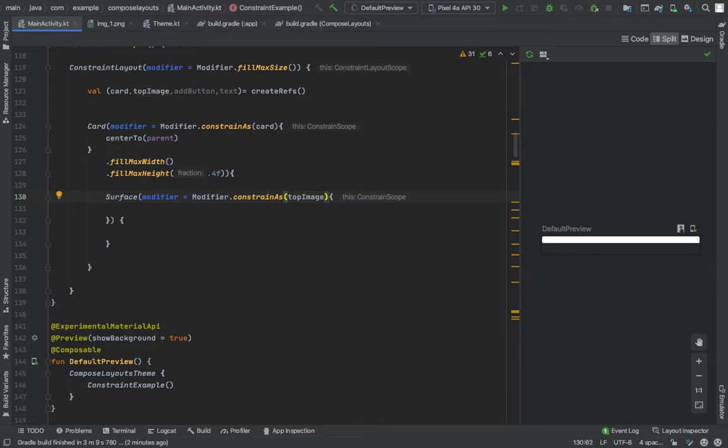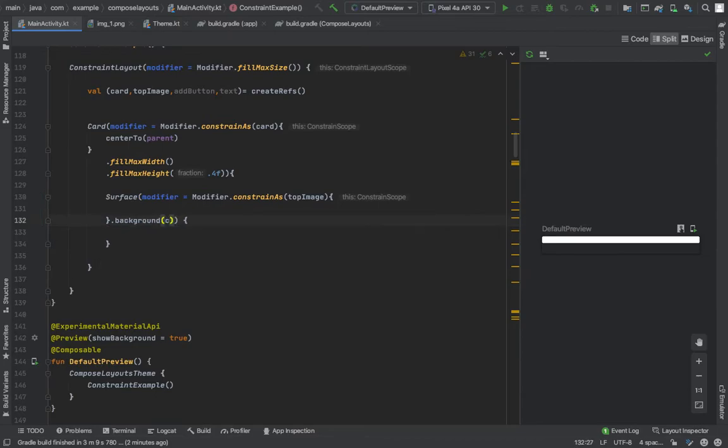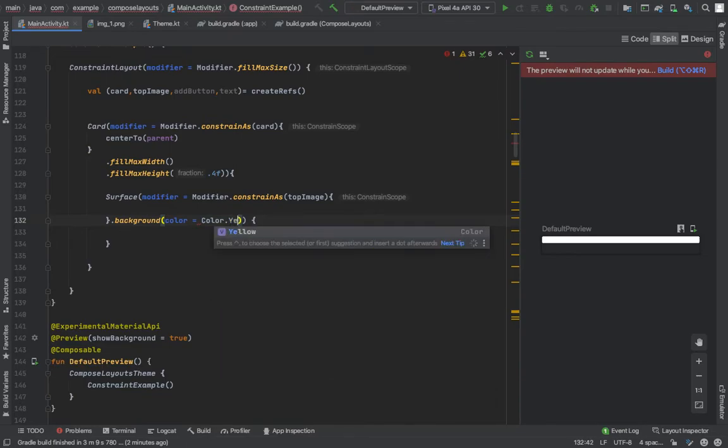So for assigning color to that surface, we just use modifier dot background, and the color of our surface is equal to Color dot Yellow.